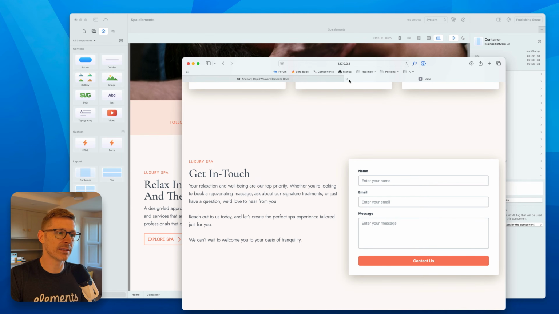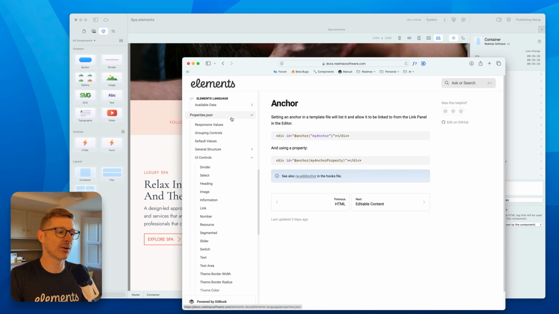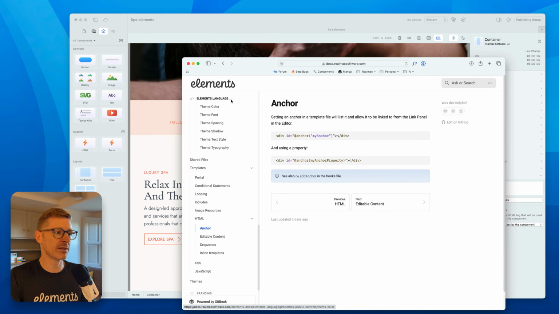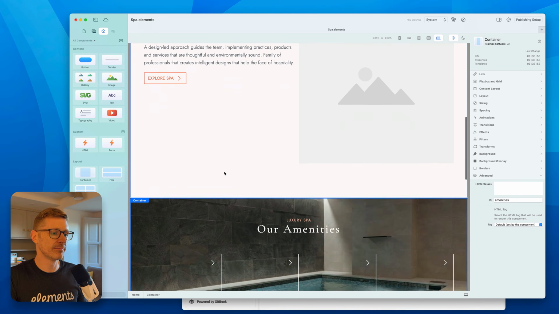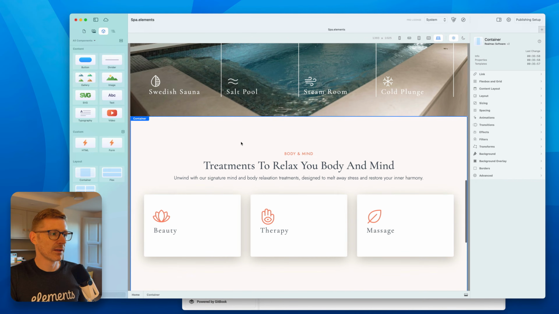Let's close these up, and I've got my documentation here. This is the Elements documentation, which is online, and in the Elements language, under template HTML anchor, we've now got this new anchor syntax. So I'm going to copy this line here, and let's say we wanted to jump to this point. So we're going to put our